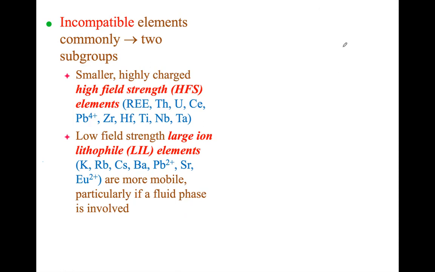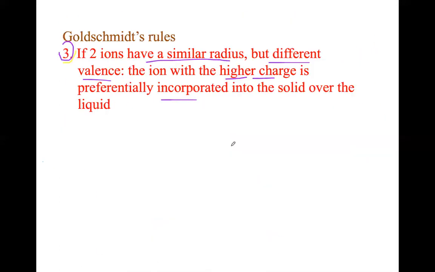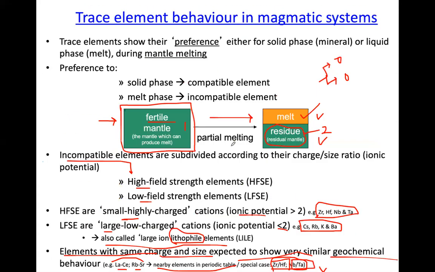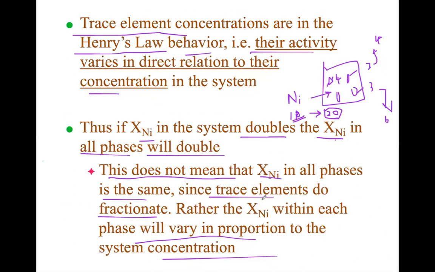So we can still consider further details for incompatible elements, because in geochemistry we have to take them into different groups, right? So remember high field strength elements and low field strength, large ion lithophile elements. We already noted in a previous slide, remember, about the categorization of these elements, right? These incompatible elements are subdivided into HFSE and LFSE, right? Remember? So this is again what I'm mentioning here